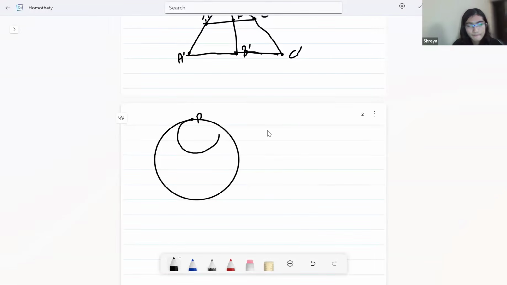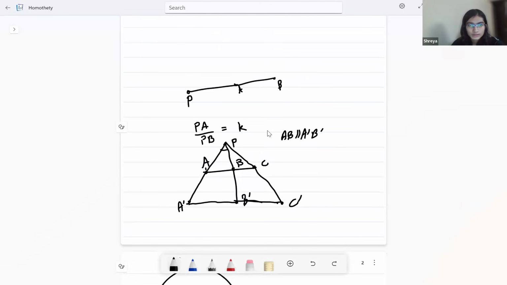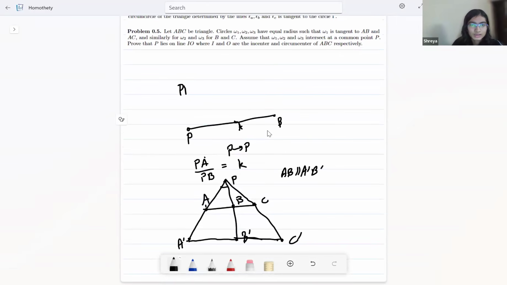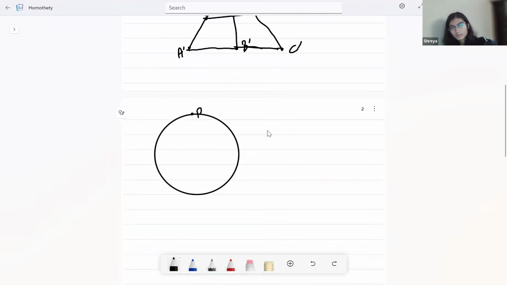But so under homothety, you can see that the point P goes to itself because, okay, this is not the best way to write it in this context. You should write it as PB equals K times PA for it to make more sense. And then PA is just 0 if A is equal to P. So P should map to itself. So now this circle, look at the image of this circle. If it's something like this, then